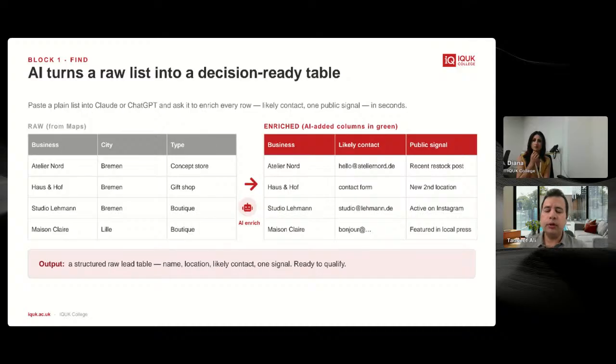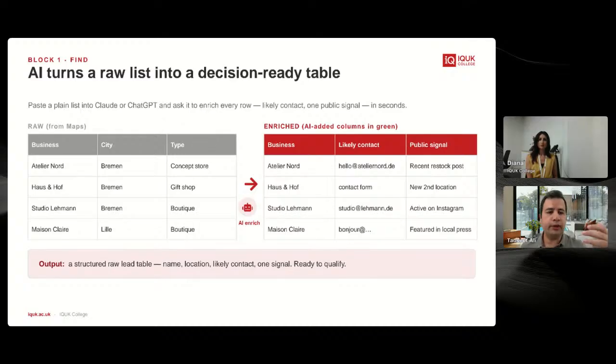So that's step one. We assume that you got a nice list of businesses that you are going after. You can use AI to enrich that list for you. By enrichment, we mean putting additional relevant data into each lead. So you have the business name, the city name, and the category from Google Maps. You can give this Excel file to ChatGPT or Claude, and you can ask it to enrich it. Those AI tools know how to enrich leads for B2B outreach.